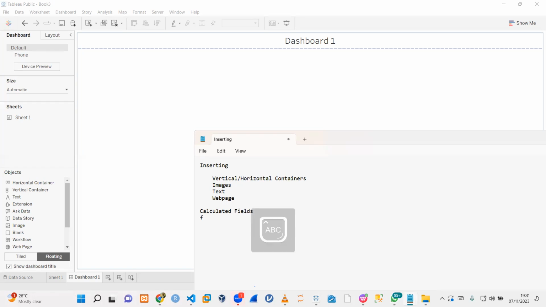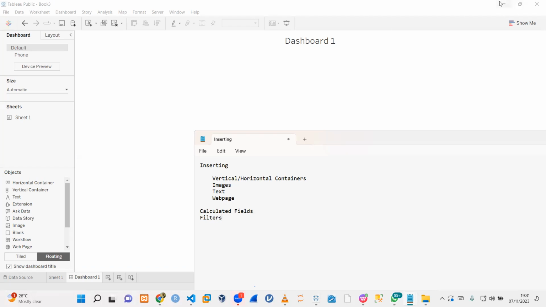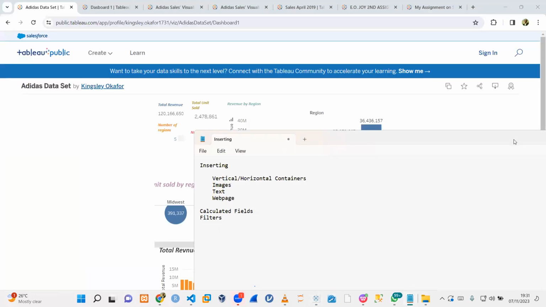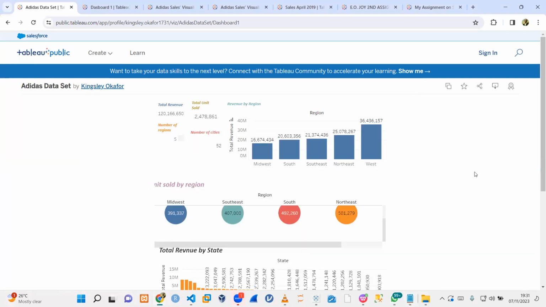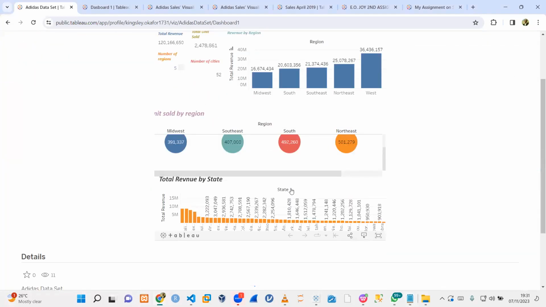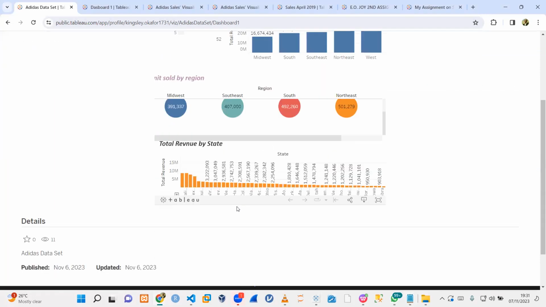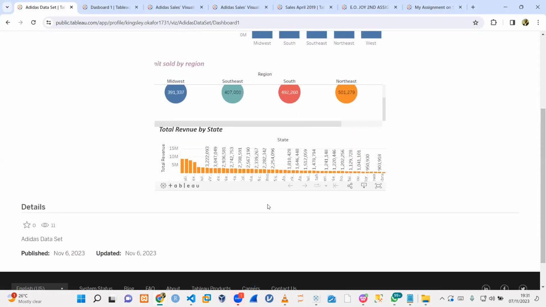then filters. How many of us can do things like sort items, let's say top 5 or top 10 or top 20? I did that in the second video I recorded. Like you see this kind of startup, who have this chart? This is for Mr. Kinsley. Now, Mr. Kinsley, as an analyst, when you are providing insights and you have items like this, it makes a lot of sense to just say, okay, top 5 states with the highest revenue or top 10 states. It doesn't make a whole lot of sense to include all of the states, because